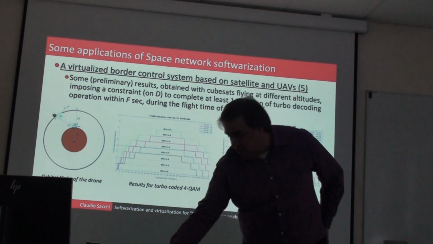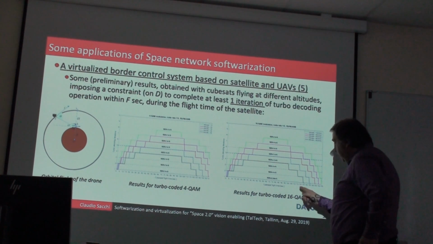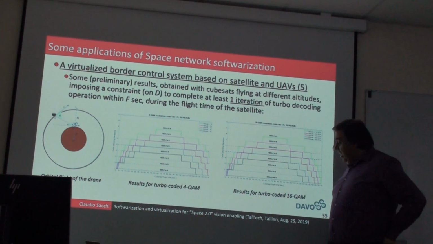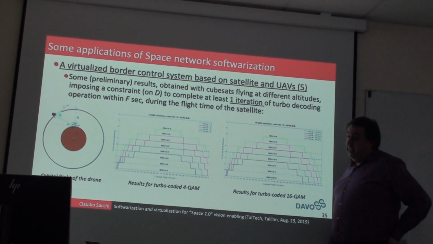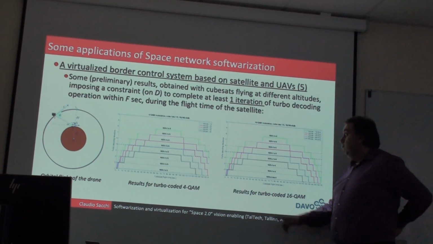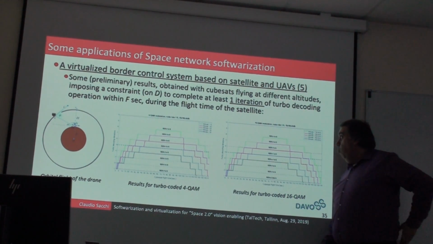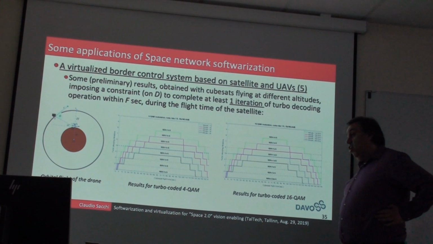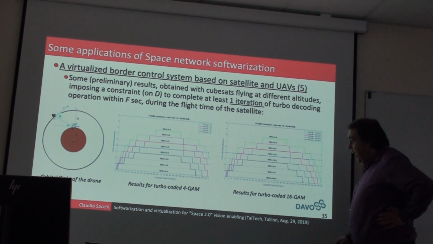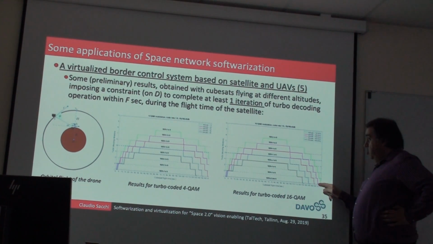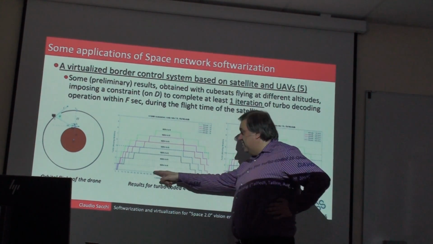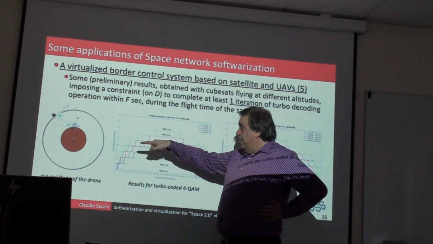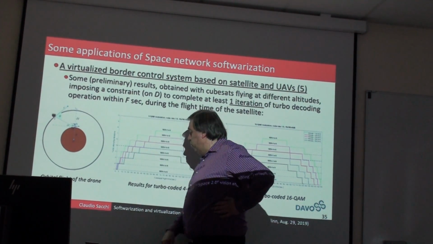With the 16 QAM, if we perform only one iteration, the bit error rate is higher, 1.3 times 10 to the minus 5, using the same coding rate of 1/3, with an Eb/N0 that is lower because we are using a higher order modulation. So in this case, during the whole flight time of the CubeSat,